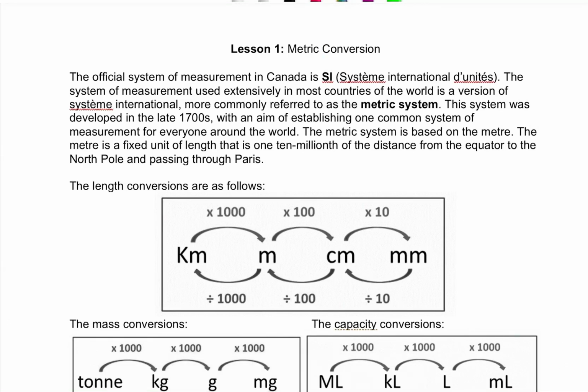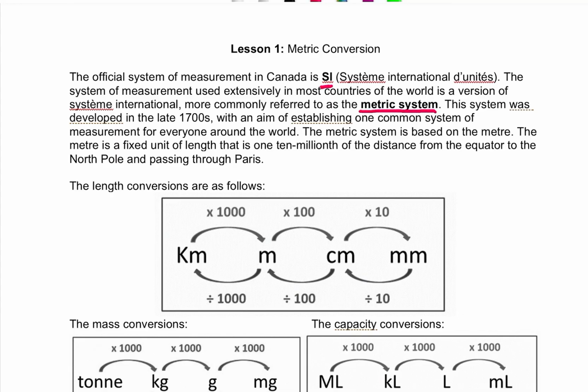Our first lesson in our measurement unit is looking at metric conversion. Metric conversion is converting between our units that we use in Canada. So our official system of measurement in Canada is called SI, which stands for System International de Units, so it's French. And it's just our system of measurement that we use consistently within Canada, and we call it our metric